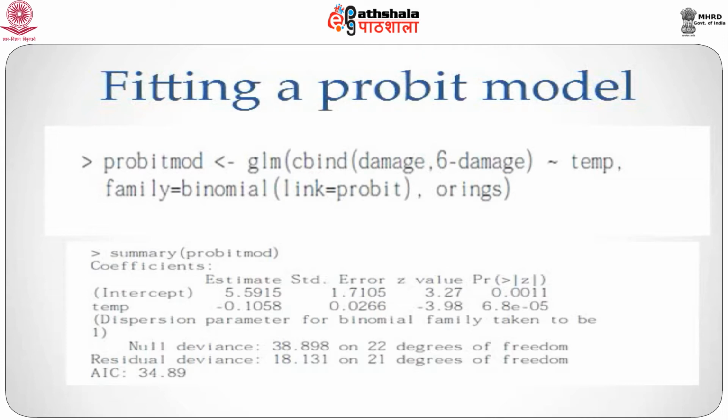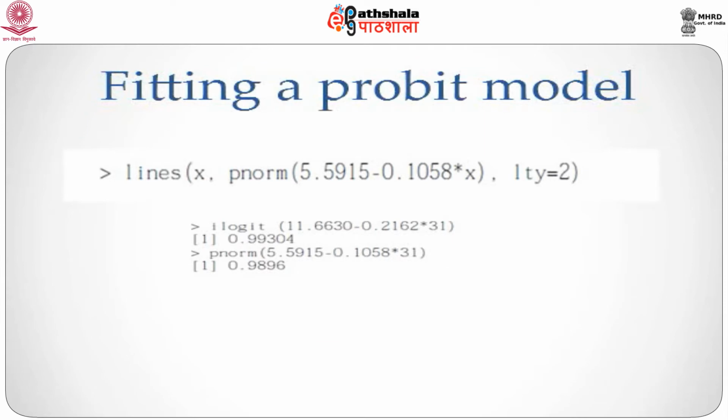If we had ignored this part of the code, then R would have used the default choice, which is the logit link. If we wish to use any other link function other than the logit, we need to specify it explicitly. The outcome looks just as before. So we have the deviance residuals, which I have not shown here, the coefficients, the estimates, standard errors, the associated z values, p values. We again have this line saying that the dispersion parameter for the binomial family is taken to be 1. We have the null deviance, the residual deviance, and the AICs.